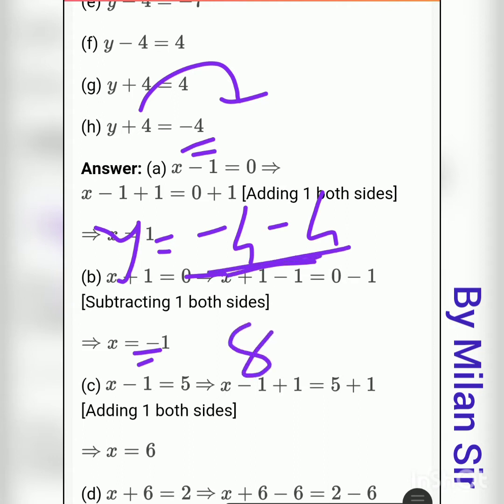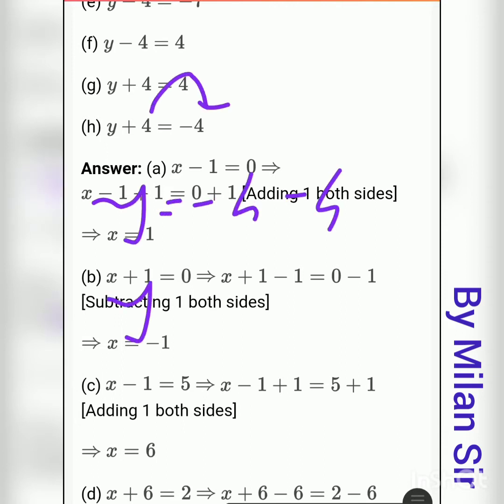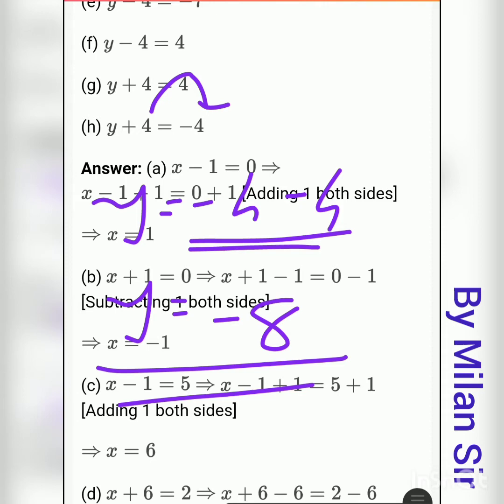we need to put the bigger number's sign. Both numbers are the same, right? But both have a negative sign, so negative sign, y is equal to minus 8. Okay, here we need to transfer this plus 4 to the right hand side, so it becomes minus 4. So y is equal to minus minus plus, 4 plus 4 is 8, the bigger number has a negative sign, so y is equal to minus 8. That is the final answer.